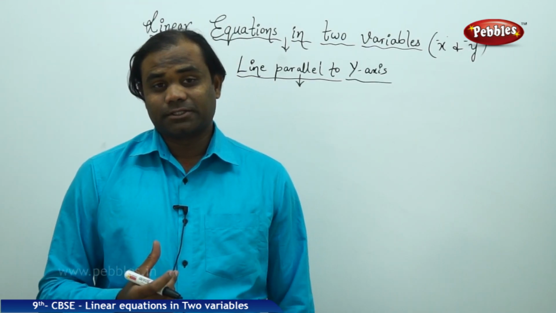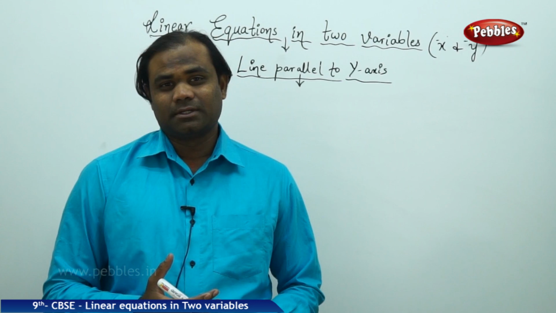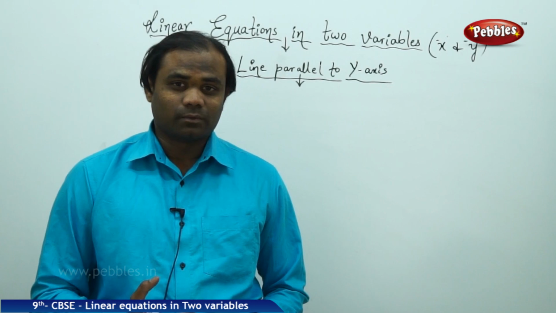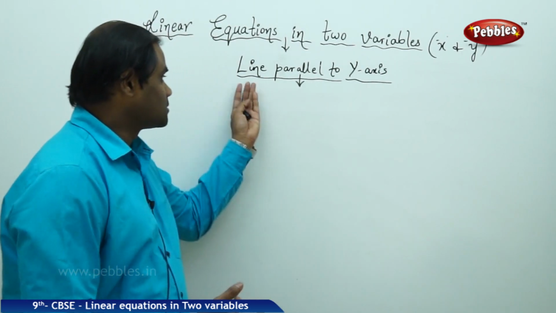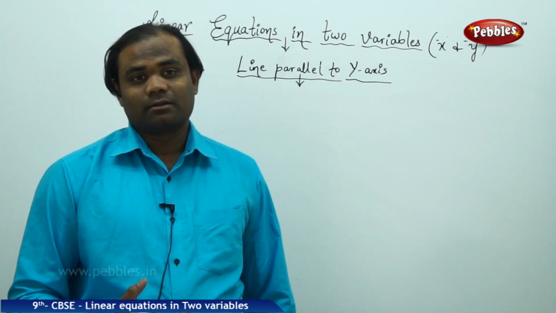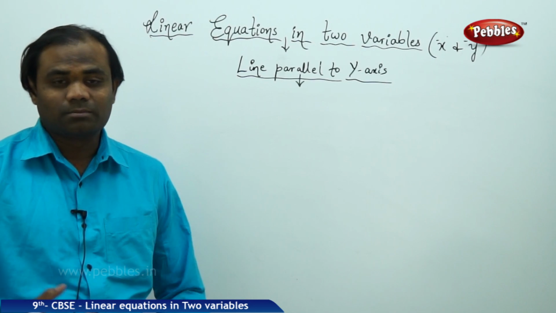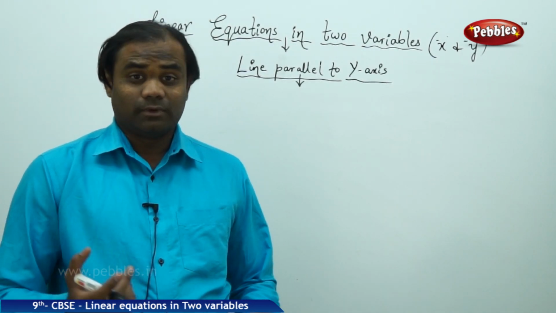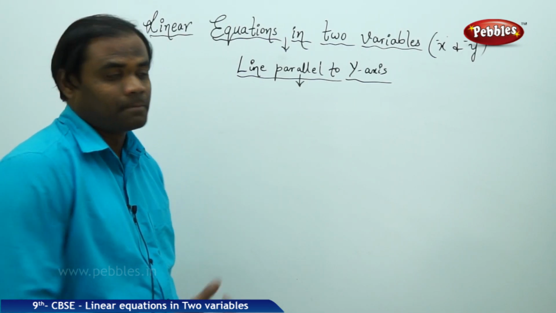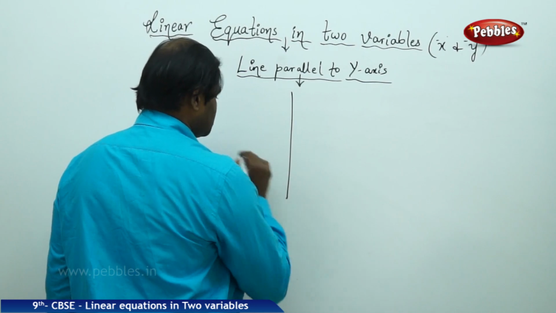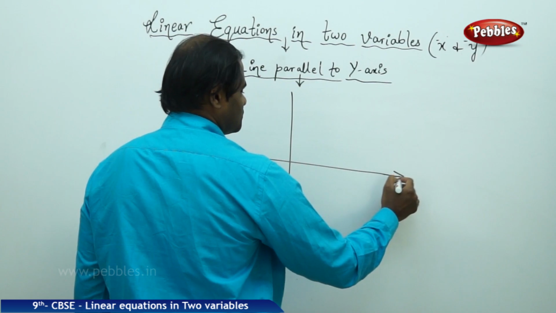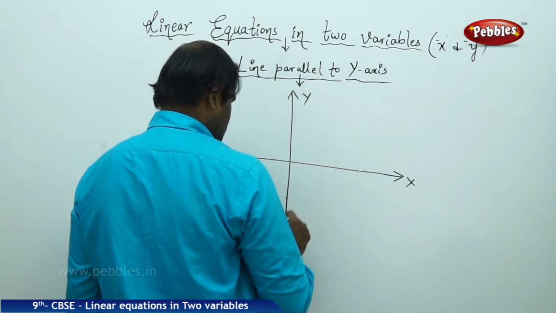Now that we have taken the condition of a line parallel to x-axis, the next question which arises is what is the situation when a line is parallel to y-axis. So today's investigation in the session is about a line parallel to y-axis. What would be the formula if the line is parallel to y-axis? Let's start this with the Cartesian plane, which is x, y,